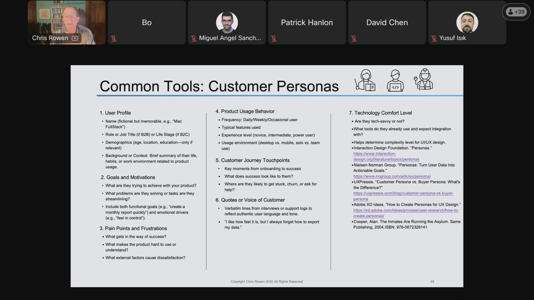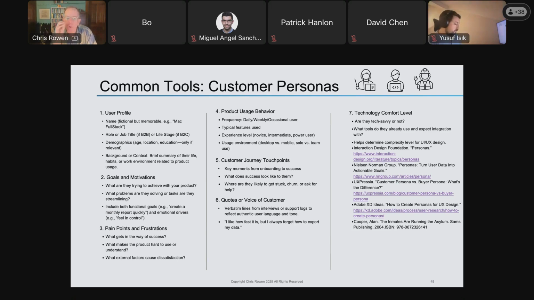But especially at the fundamental strategy level, where you're looking for product market fit, customer personas is key, because it's really about who is your user. And part of the idea of customer personas is you make it as concrete as possible. You write it down. You give them a name so that everybody in the organization and you can think concretely